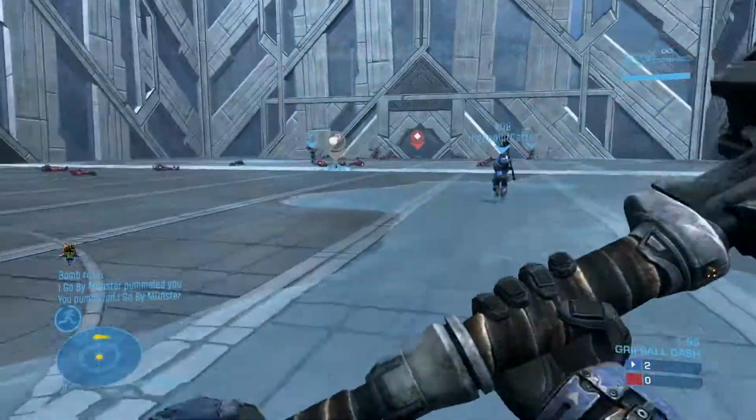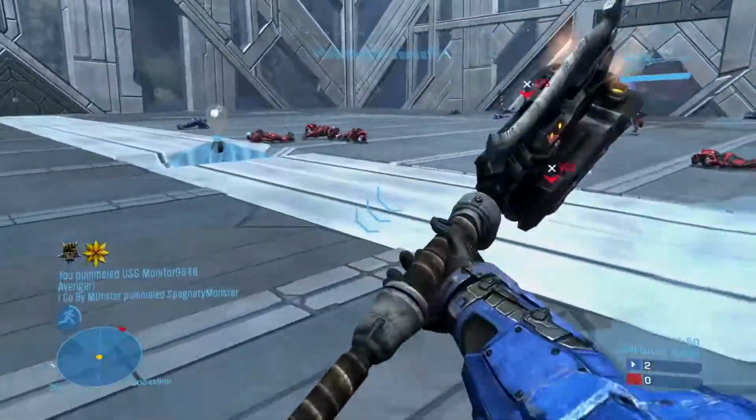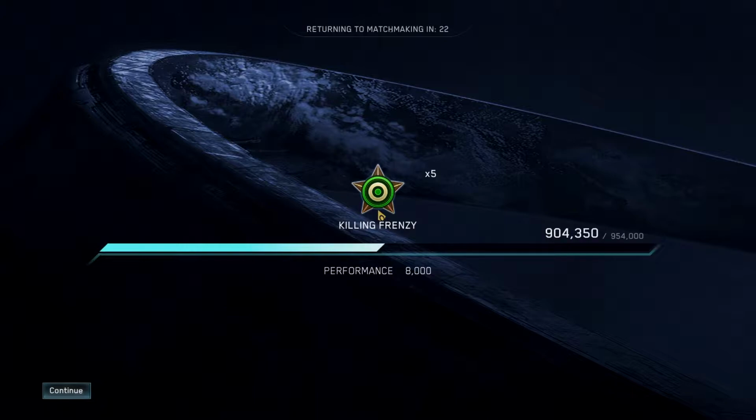So you gain your match score, because Halo Reach has 3 different scoring systems. You've got the match completed, which is judged by whether you win or lose and how long the game lasts. The performance, which is capped at 8k, but if 343 uncap that, which I think is happening, this method will work even better because you'll be getting even more and more XP. So you've got your performance, which is capped at 8k, which you can get absolutely every single time by doing this method, and your